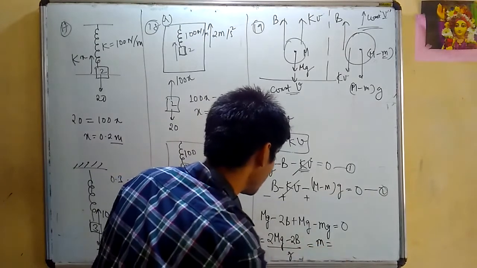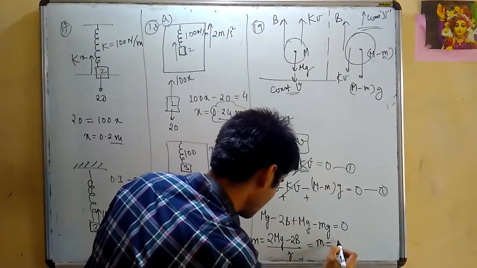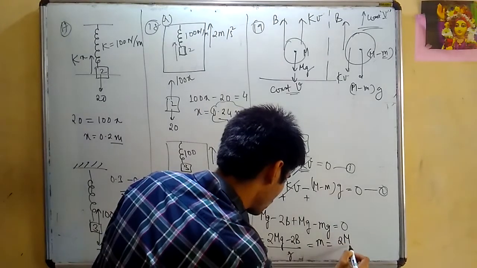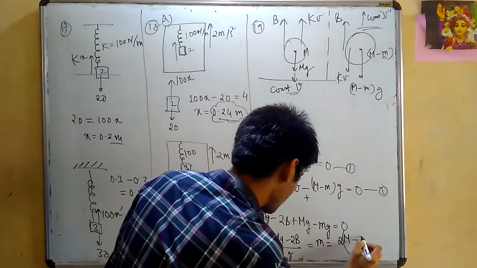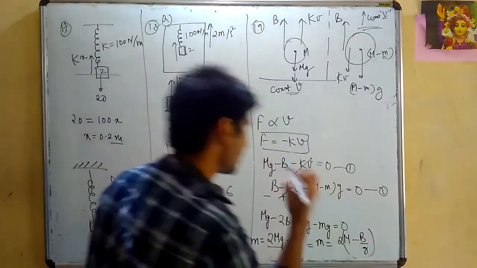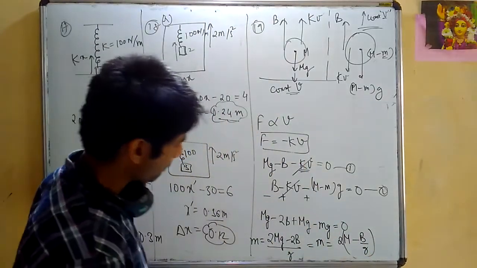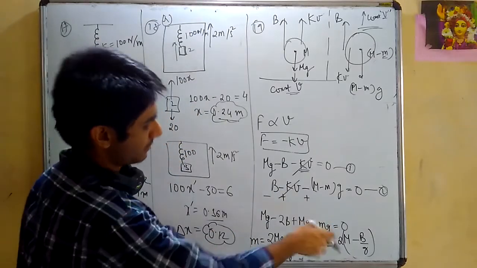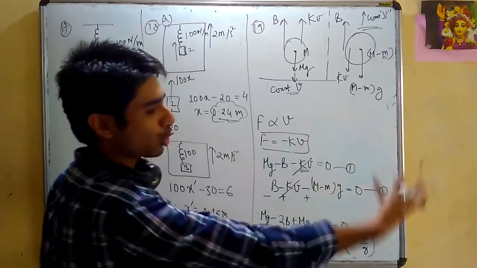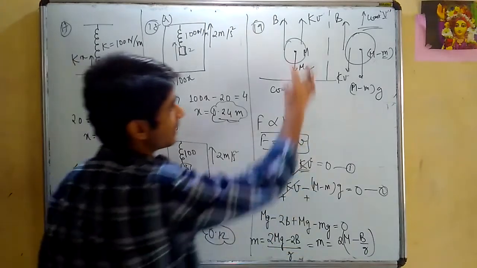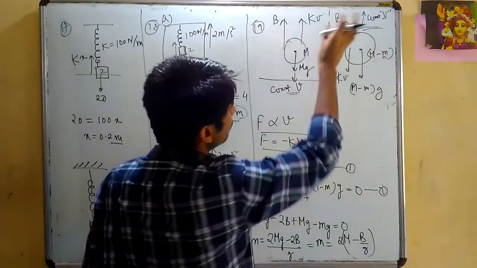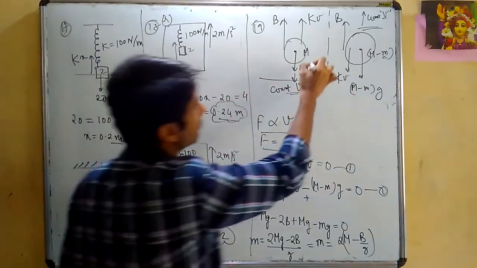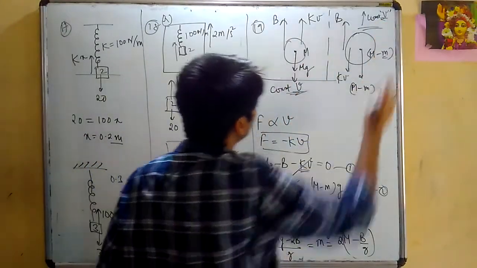If we write it a little better, what is m? Taking 2 common, this much minus b by g. If you take 2 common, it will be 2 times (m minus b by g). So this is the answer. This much mass we are supposed to throw out from the balloon, so that rather than falling with a constant speed, we rise with that same speed upward. Anyway, v doesn't matter. With whatever velocity you are falling, it doesn't matter.